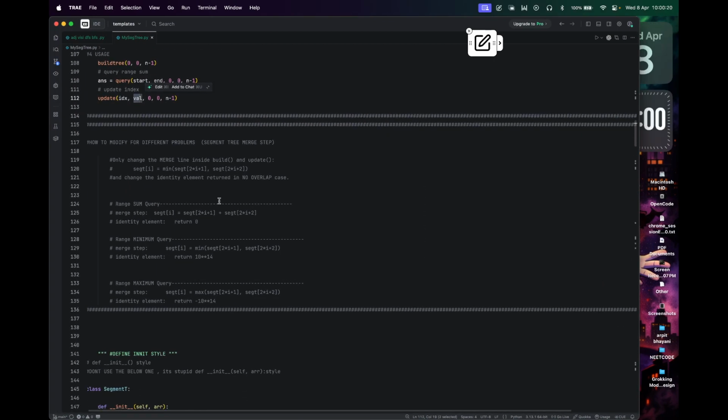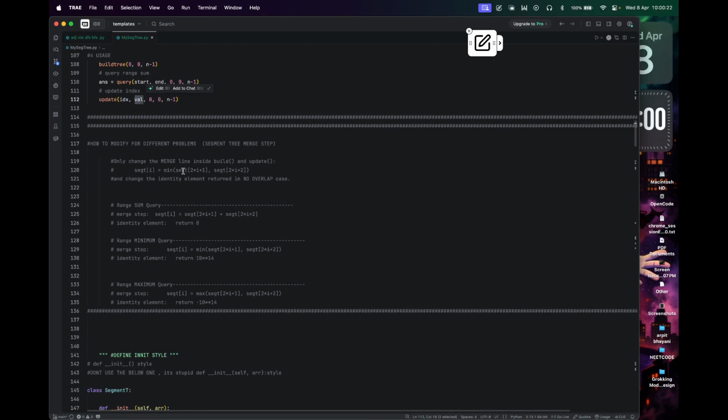So there can be a lot of modifications also, like in the build tree and the update tree, when we are propagating or building from the child nodes of 2i plus 1 or 2i plus 2, then we can take the min or max or anything here. And in the range sum query, in the merge step of